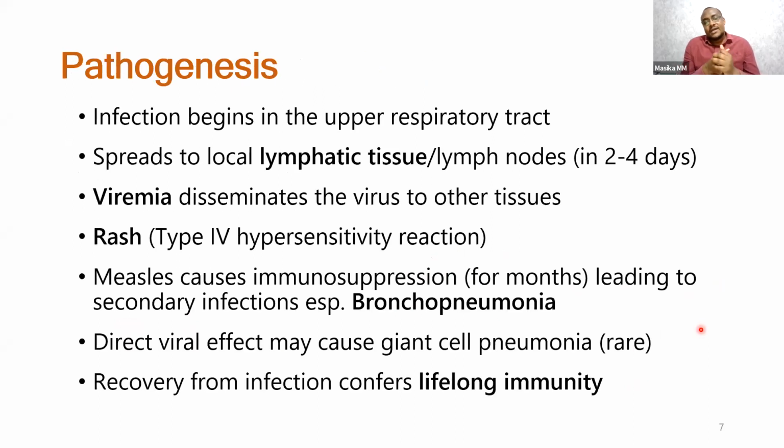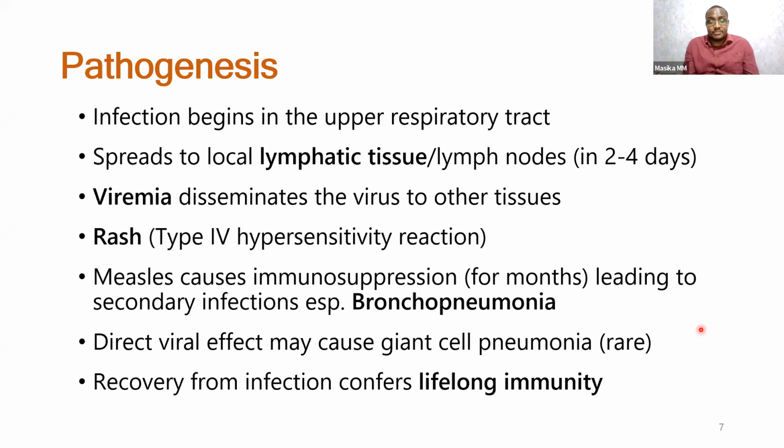Pathogenesis. Infection will begin in the upper respiratory tract. So this means the nasopharynx, the oropharynx, and then it will spread to the local lymphatic tissues or lymph nodes in about 2 to 3 days to 4 days. From there, of course, in the local lymph nodes, it will multiply. And then there is viremia, which disseminates the virus to other tissues, including the skin, where we see a rash,